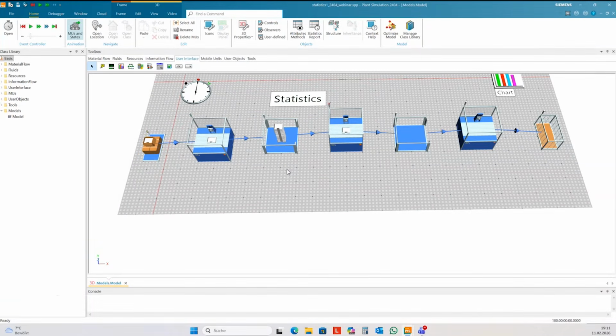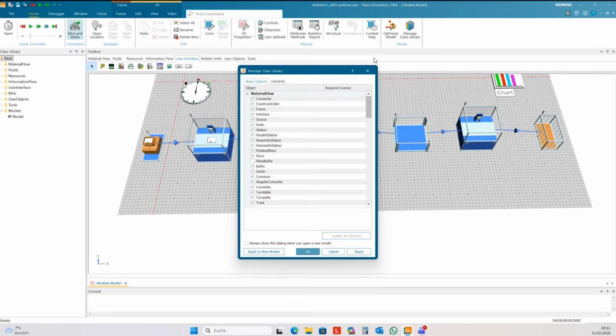as a first step, I want to have the average stock in this buffer. And there are several ways to collect this data. One way would be, okay, I use a chart to collect data.